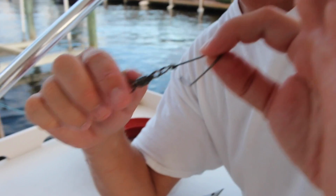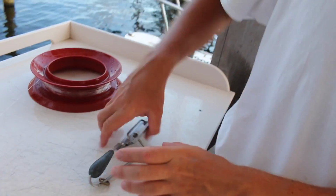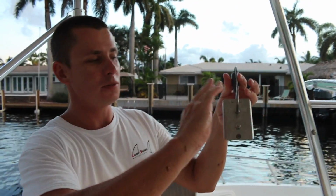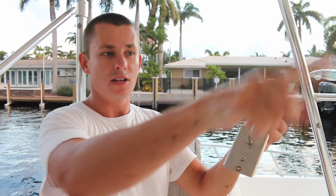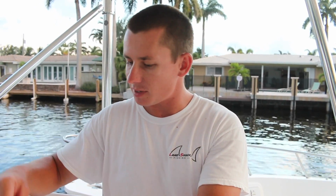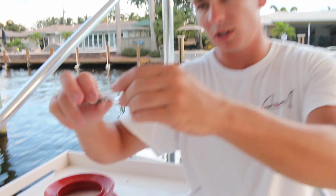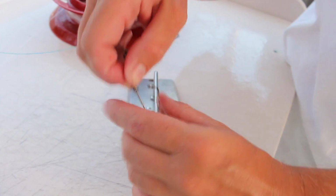Now, it's really important not to skimp out on a good snap swivel, because when you're trolling at such a high speed, 6-8 knots, your planer and your bait and your rig and everything is trying to fight you, and it's fighting the resistance of the water. So naturally your leader is going to want to spin. To prevent your leader from spinning and getting all messed up, you need a good ball bearing swivel that'll prevent that from happening. So you have your swivel, and you come down here, you attach it to your planer, just